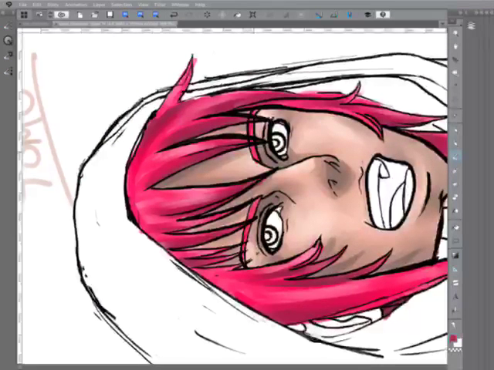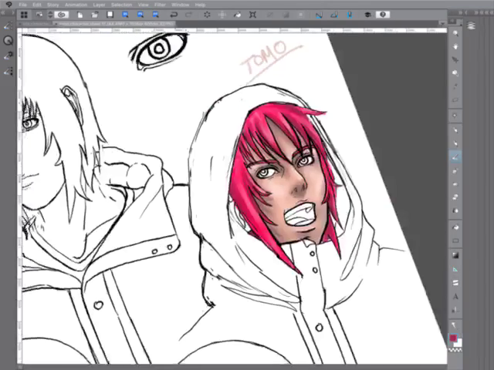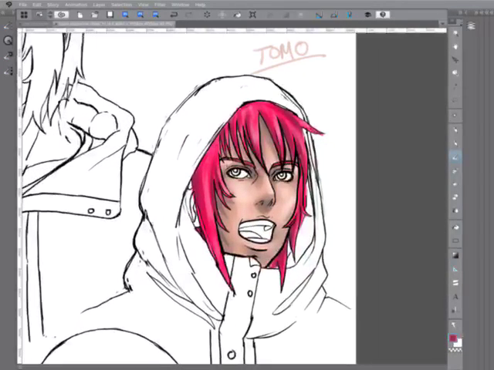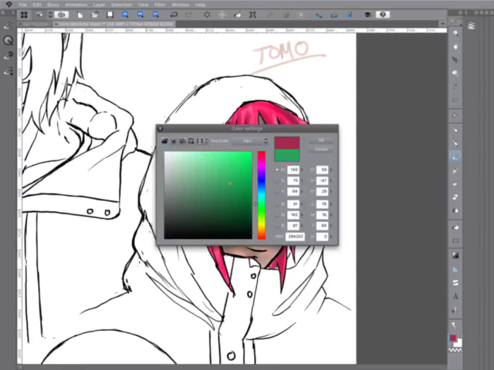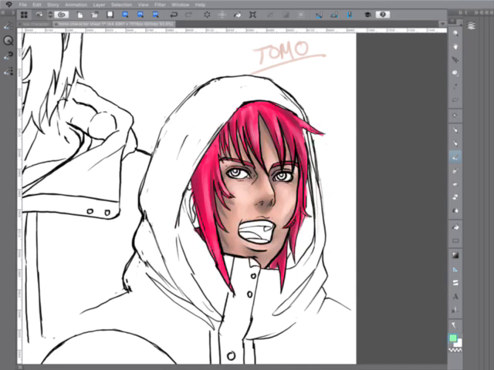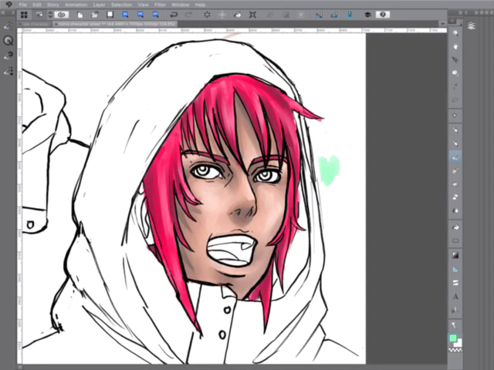And let me just fix these eyebrows quick because they aren't dark enough. There we go. What's next, do you think? Eye color? Let's look for eye color. Oh. Anti-freeze green. How about that?